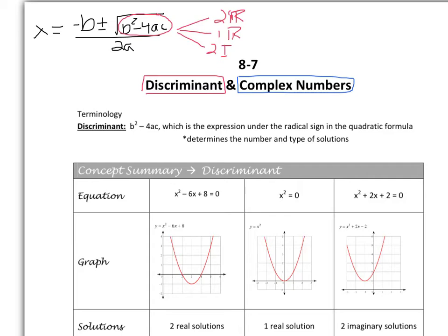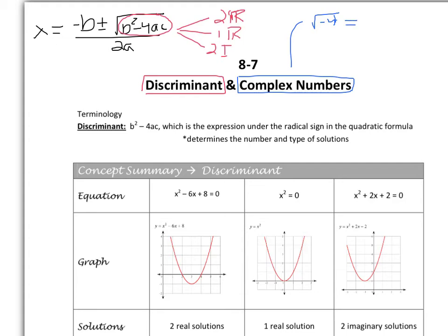The second part of the lesson deals with complex numbers. And complex numbers have a real part and an imaginary part. Now, a real part would be any number that we usually talk about, but an imaginary number comes about when we have a root of a negative number. We cannot root a negative number on our calculators. It gives us an error, but we can,